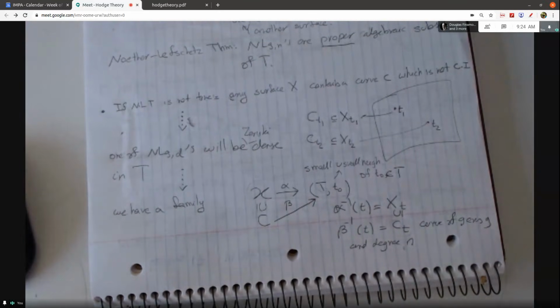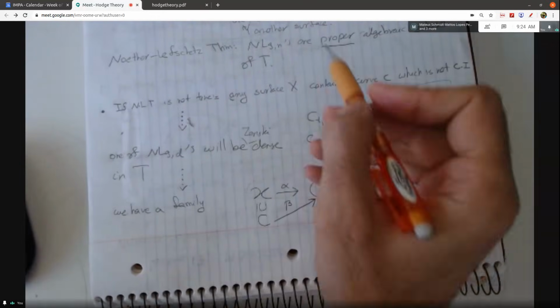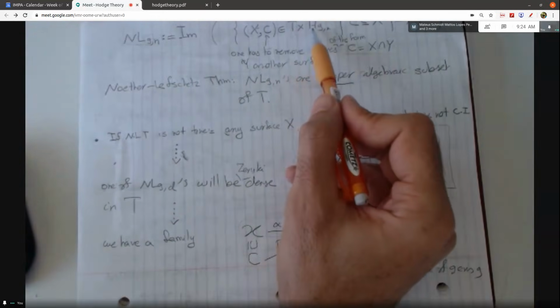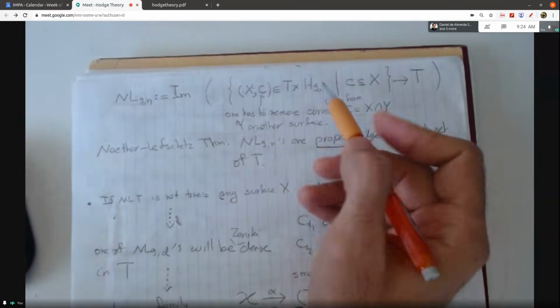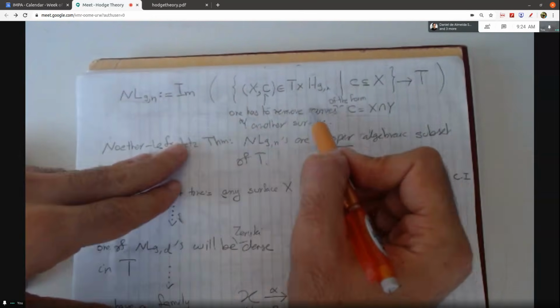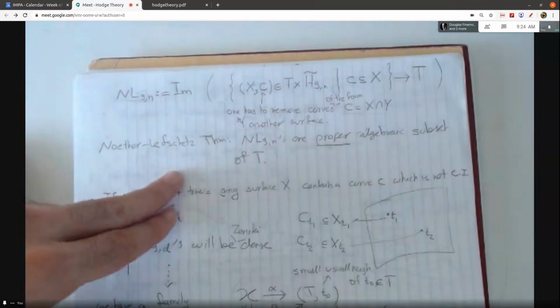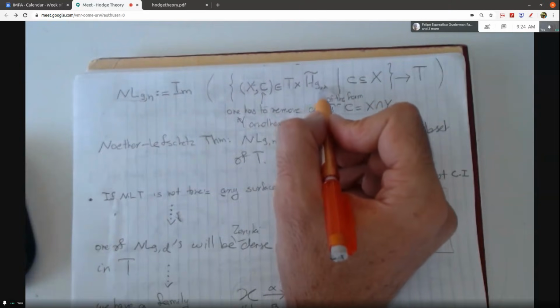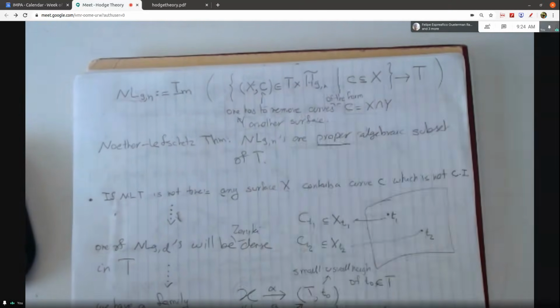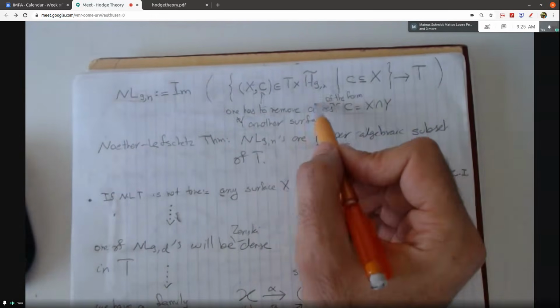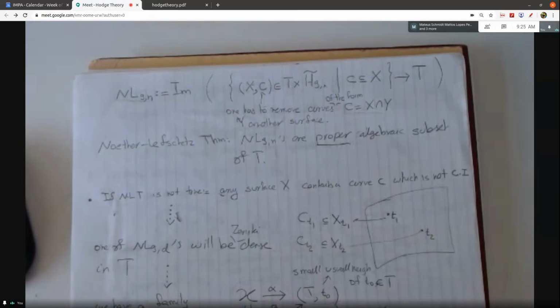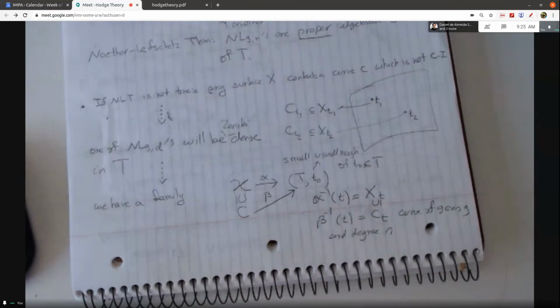And from this one we want to get into a contradiction. And the Ct, so remember that at the end of the day, here at G, N, one has to remove, let me put this HT until here. This means that from the Hilbert scheme of genus G and degree N curves, we have removed this complete intersection curve. This will correspond to an irreducible component and so on. Anyway, any questions so far?